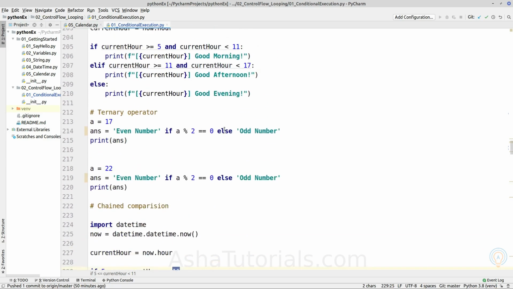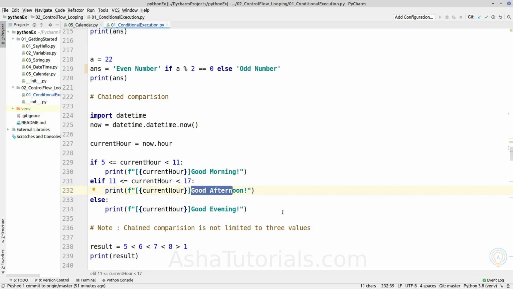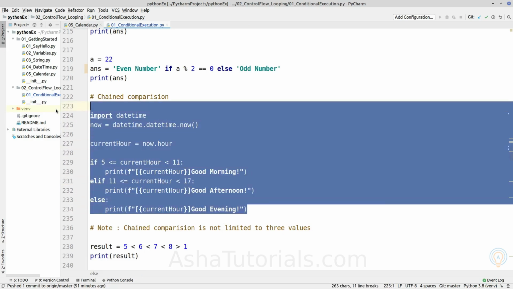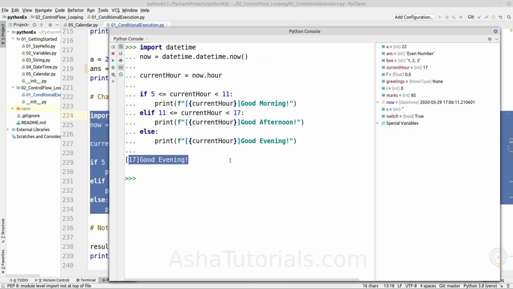Okay, so we just write that if the current hour is between 5 and 11, print good morning. Else if it is between 11 and less than 17, then print good afternoon, else it will print good evening. So as we can execute, it will print good evening. Okay,